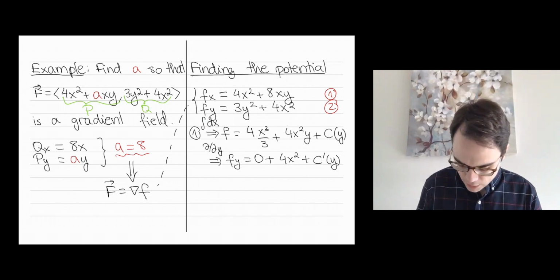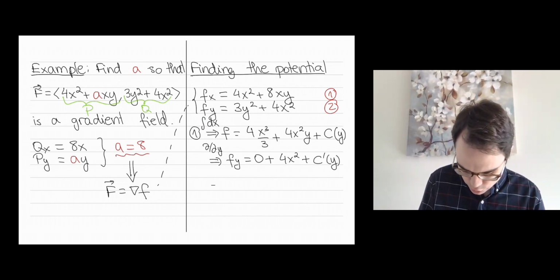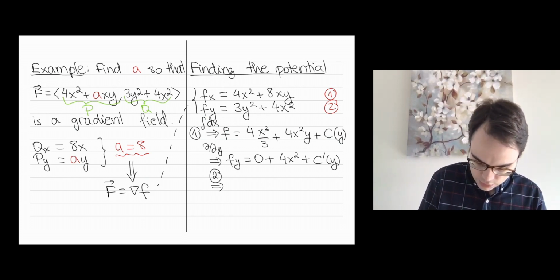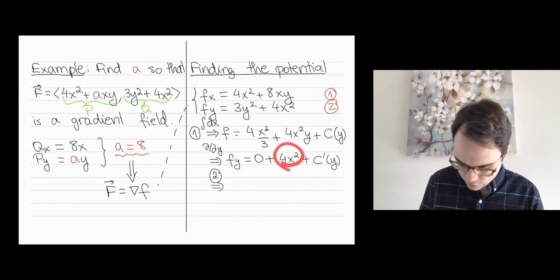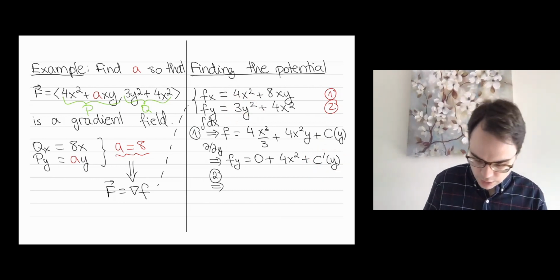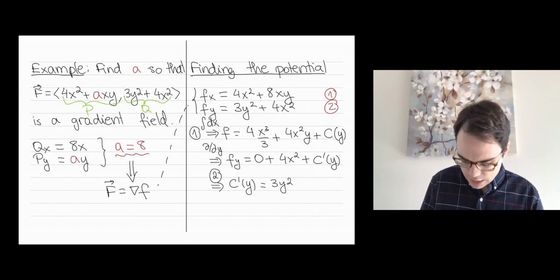Okay, now if I compare this with equation number 2, so if I compare what I got over here with equation number 2, we have 4x squared on both sides, and so this means that c prime of y must be equal to 3y squared, right? So c prime of y, the derivative of c with respect to y, is 3y squared, and therefore, by integrating